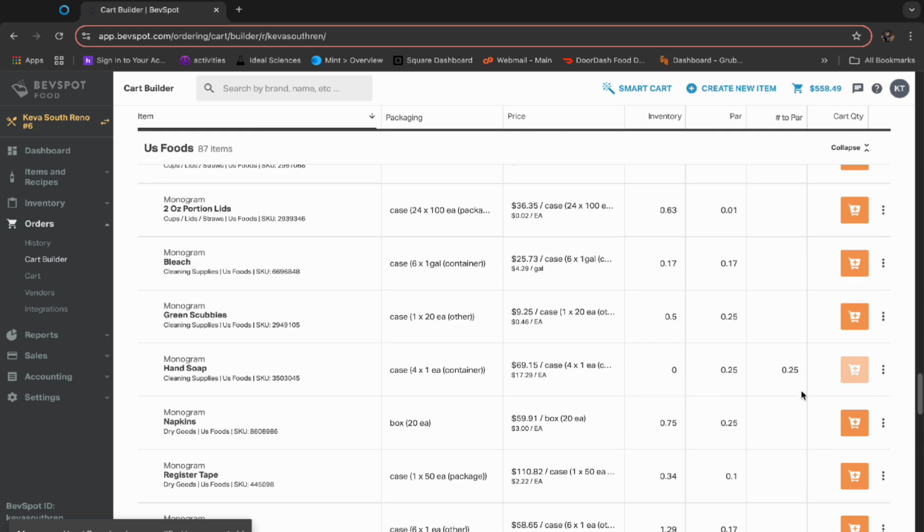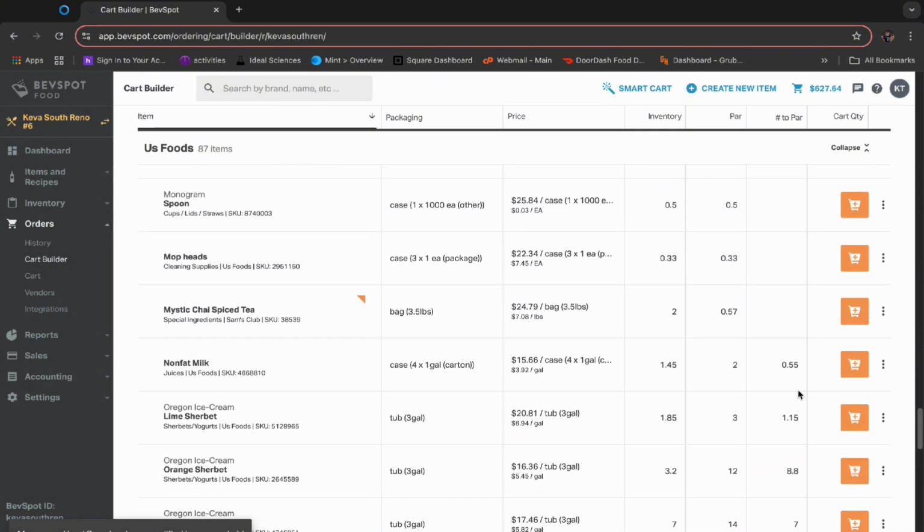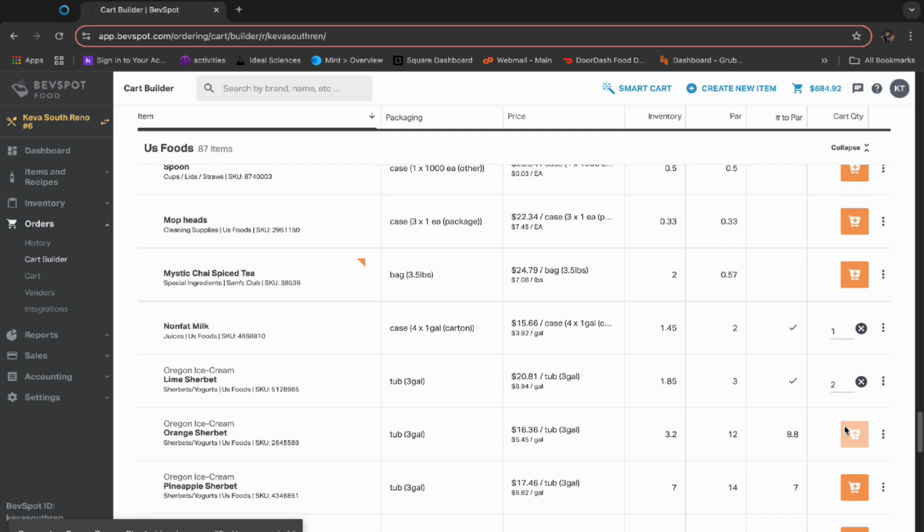Since it is the winter season, we do hear managers, and I think they have the right intention, since it is slower, they want to cut back on the ordering. One thing that I will say